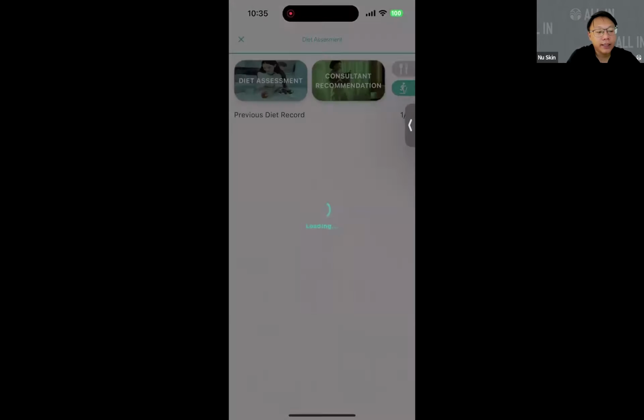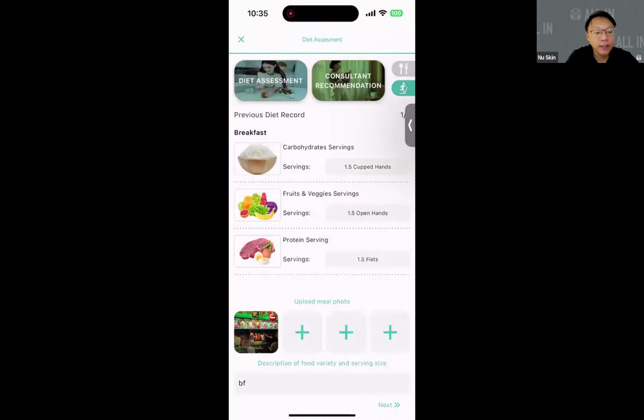So with this diet assessment, there is a set of questionnaire. It's very similar to the meal plan entry. Basically what the consultant wishes to do is to understand the current lifestyle of the customer, so that they can do recommendations more effectively.